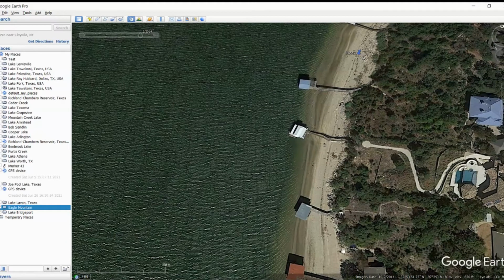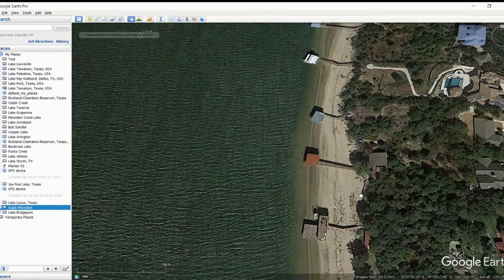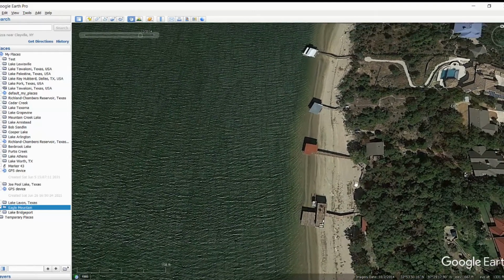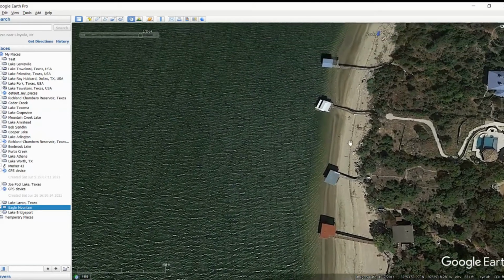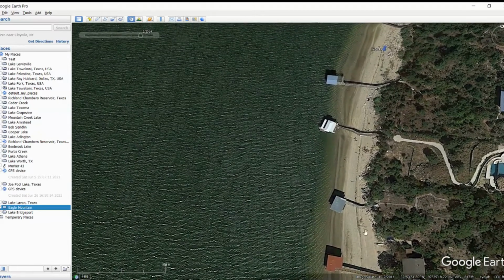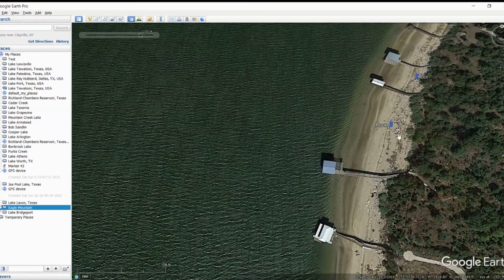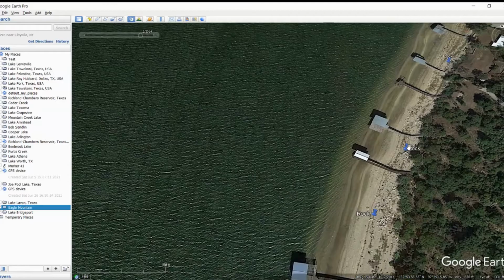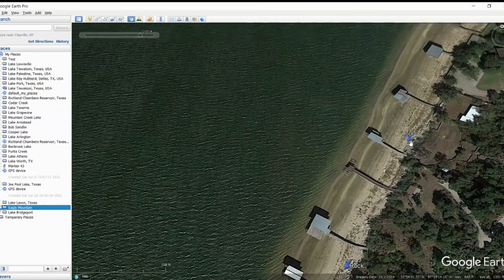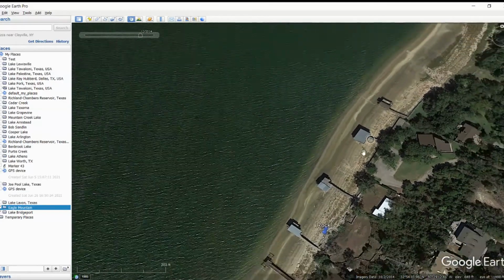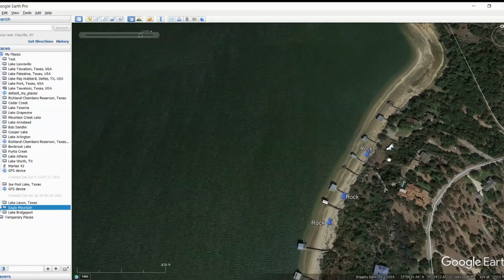But if you notice, we talked about in the last video, there's a little bit of transition going on here. There's really nothing, right? Dirt. And then all of a sudden you're starting to see a little bit of rock. So you got a little bit of a transition going on right in here. And then as you get up here, you start getting into more piles of rocks. So here's a good rock pile that I marked for you guys. There's another good outcropping of rock right there. And another one right in here. So you'll have all those points that you can take a look at, just kind of little pockets of rock